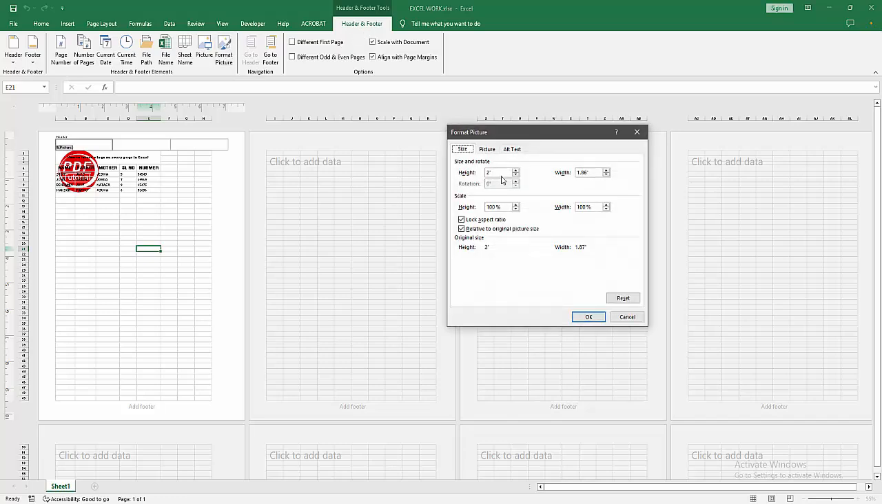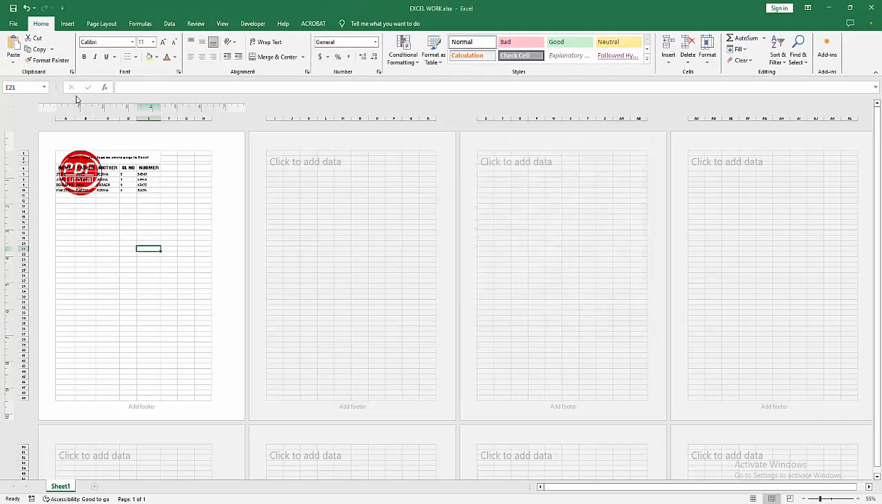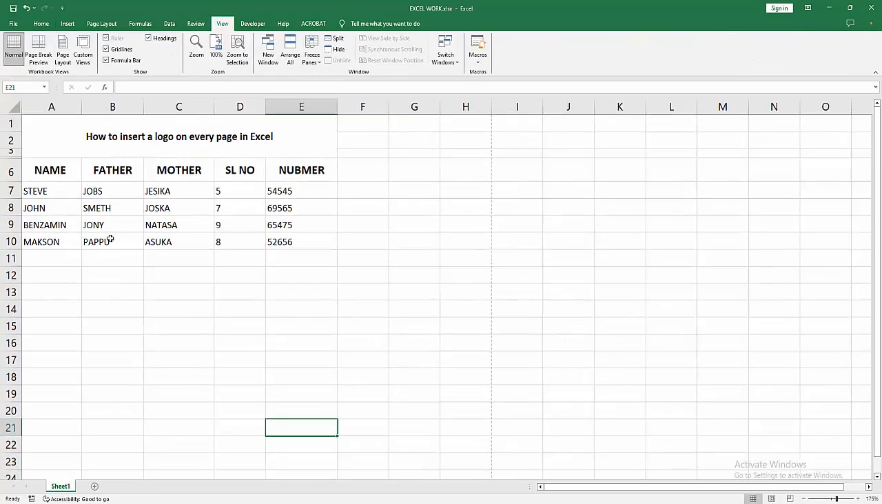You can resize the picture. Now I make the height 2 and the width 2. Then press OK, or go to the Picture option and you can increase the brightness or the contrast. You can change the color. Now I select the Size option and select Lock aspect ratio. Then click OK. Then click inside the sheet and go to the View menu, select Normal page, then go